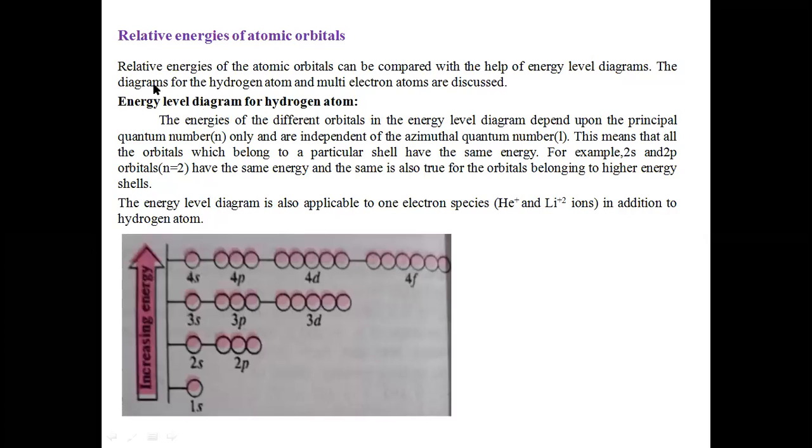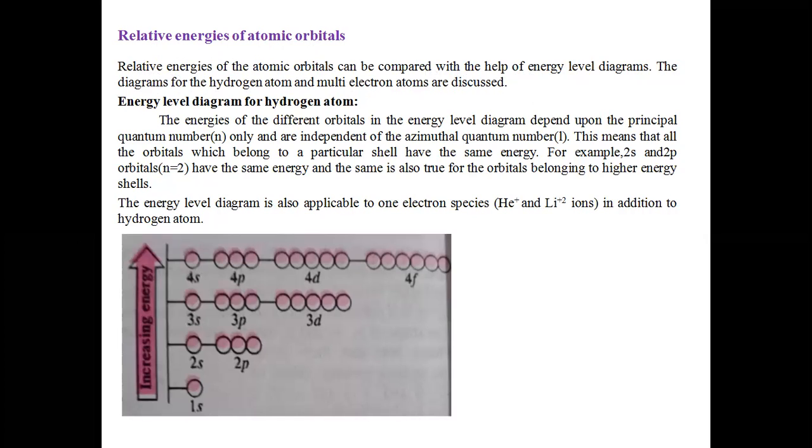So the next concept is the relative energies of the atomic orbitals. Relative energies of the atomic orbitals can be compared with the help of energy level diagrams. The diagrams for the hydrogen atom and multi-electron atoms are discussed. Using the energy level diagrams, or by comparing between them, we will be studying the relative energies of